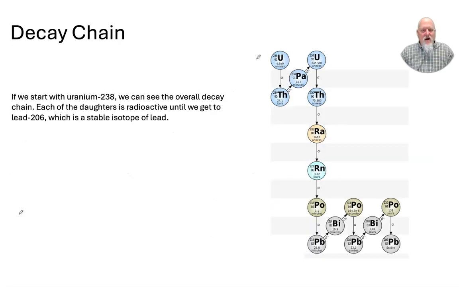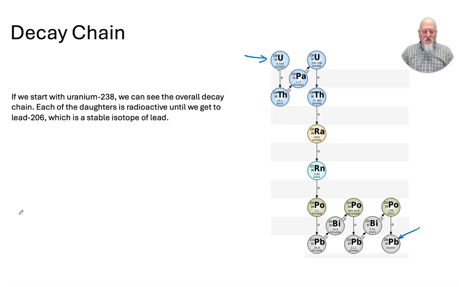So a lot of times radioactive elements will go through a series of radioactive decays until we get to a stable element. For example, uranium-238 is a radioactive isotope of uranium. There's a few of them. Uranium-238 is one of the common ones. Uranium-235 is actually the one that's used in nuclear reactors and things like that. But uranium-238